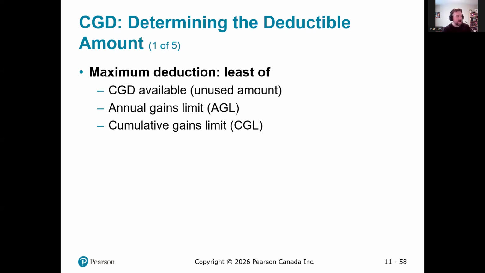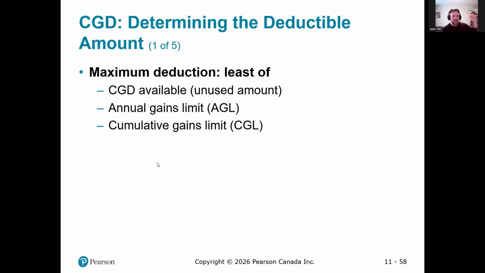Well, first they figure out how much capital gains deduction you have available. Let's say I have $1 million still available. So that's my one limit. The annual capital gains limit figures out how much gains need to be protected this year. That's another limit. And then we have the cumulative gains limit, which means every time I use some of my